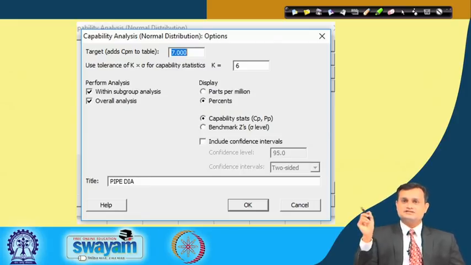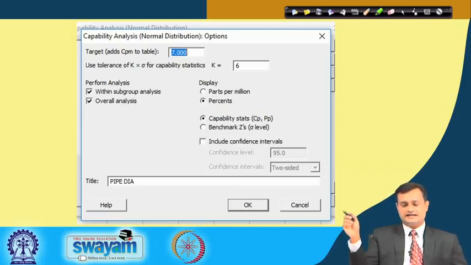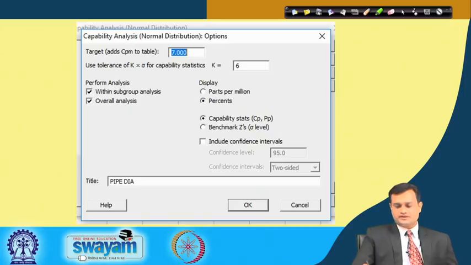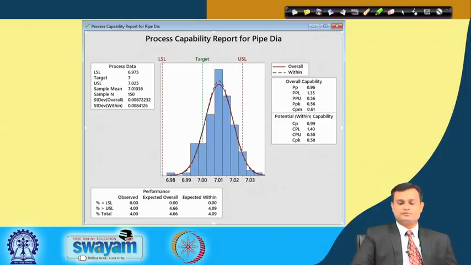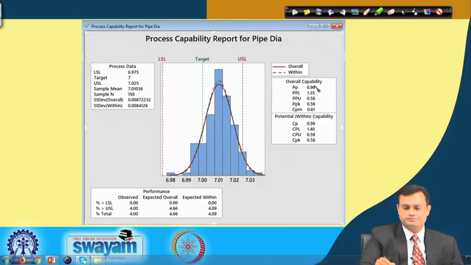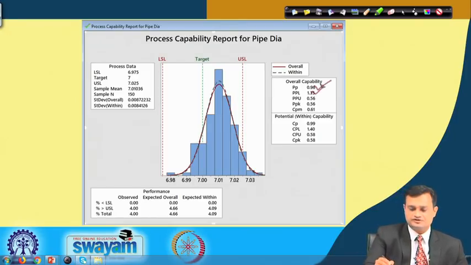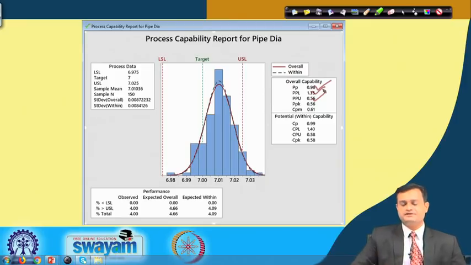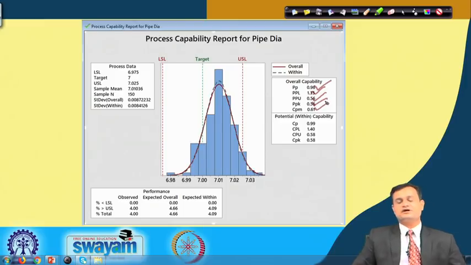Here I am specifying my target value, and with respect to that I want to conduct the analysis. So, once this is done, you can figure out exactly what is happening with your process, and just see these values. You have PP 0.96, PPL 1.35, PPU 0.56, PPK 0.56 and CPM 0.61.